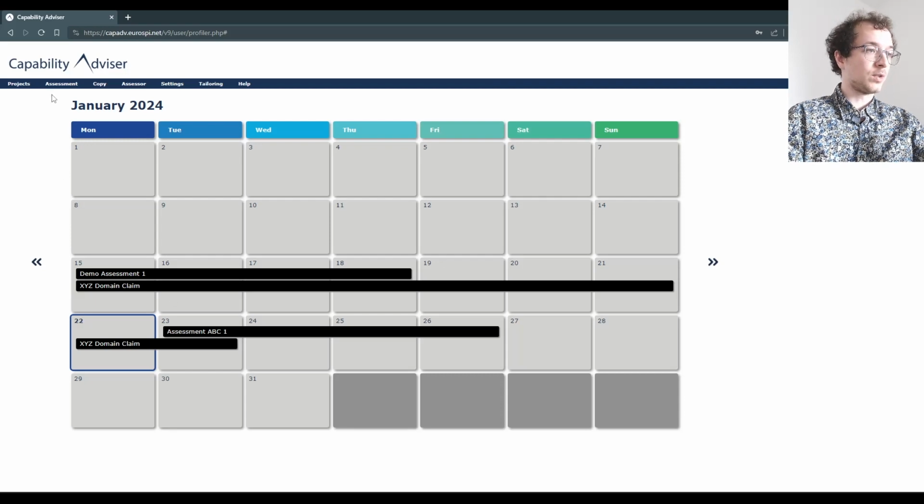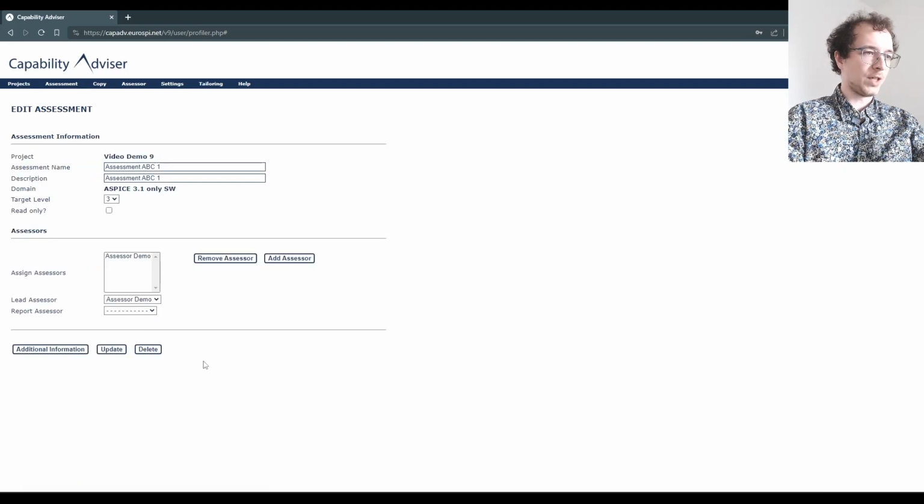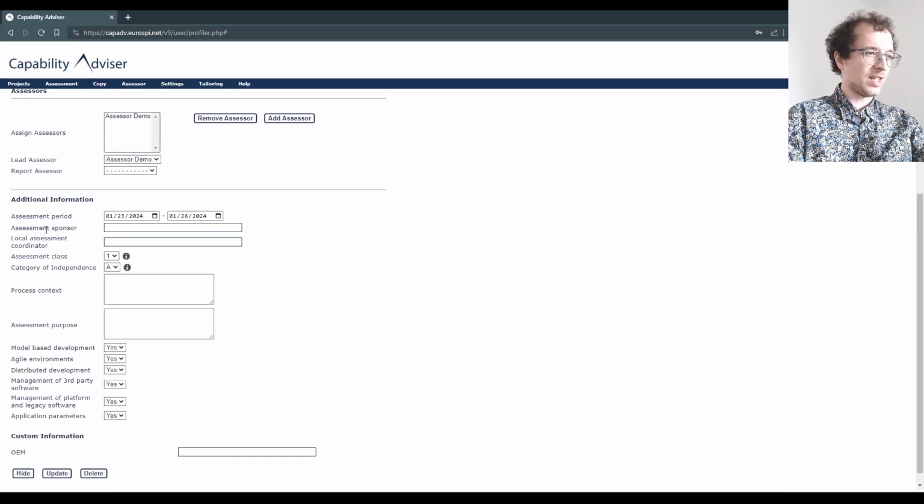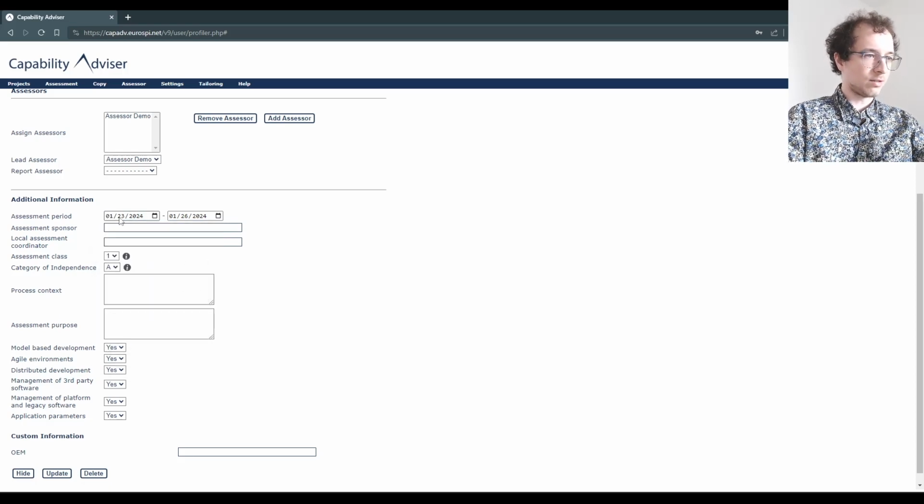To use this, you have to make sure you put in the period. So if you go to edit assessment, look at the assessment ABC1 maybe that we saw in the scheduling overview. If you click on additional information down here, you can see there's the assessment period field. We've changed this from using a text input to actual dates, so a calendar field. If you click on this, you get a little calendar pop-up and you can select the dates to start and to end this assessment. And click update, and then now the assessment is scheduled and it will show in the